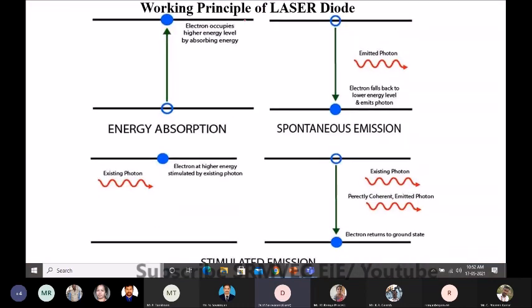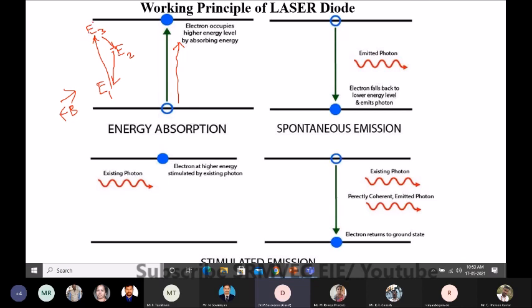whenever you use a forward power supply, forward bias the diode, it gets energy and is excited to the highest level. Usually the lowest one is energy level E1, there is a metastable state which we call E2, and E3 is the excited state. So when it is excited, it goes to this one, then moves to here, and then moves to here. This is the normal nature when you are applying external force.